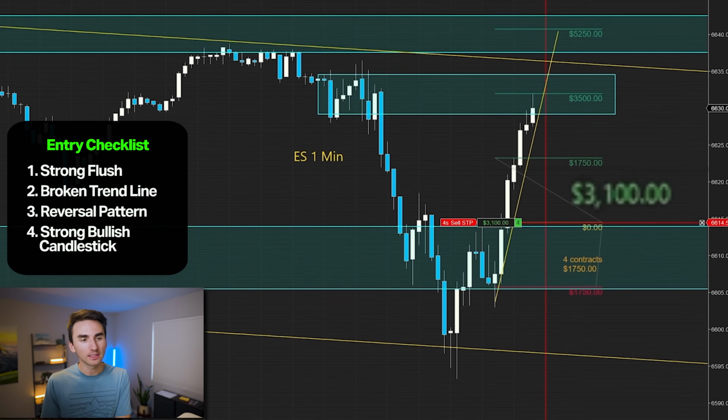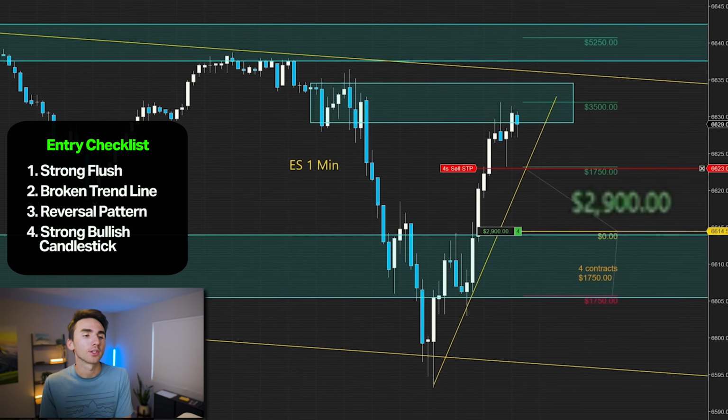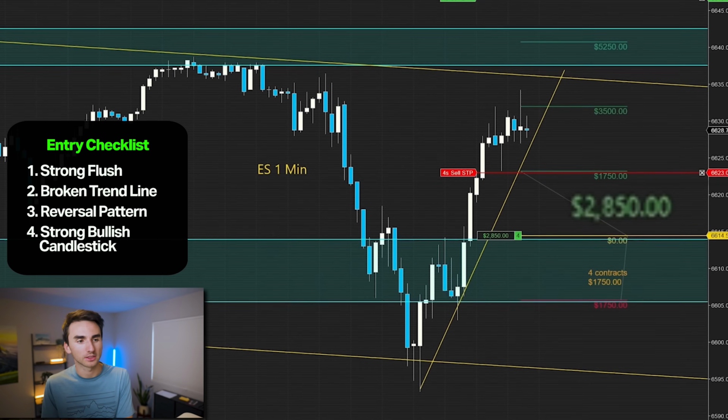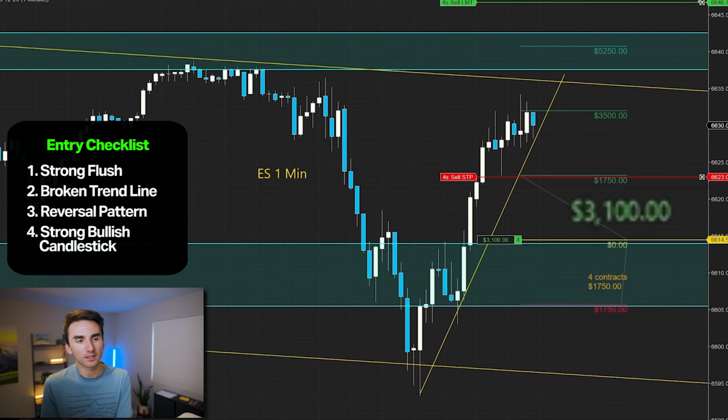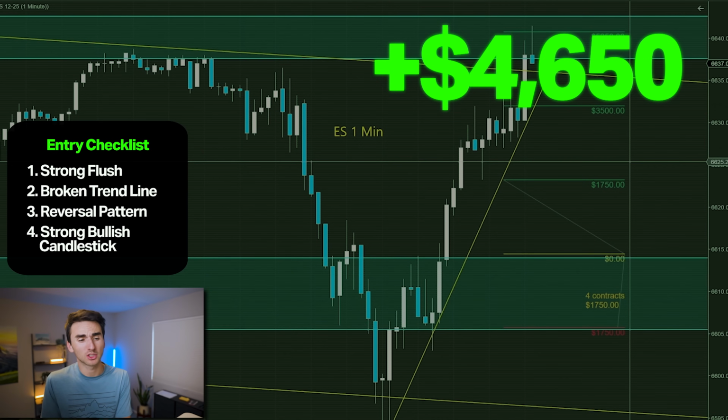And so ideally, at a minimum, I'm going for 2 times my risk, or even better is 3 times my risk. And so I slowly manage and target those rough areas. And as it gets up with this specific trade, I pretty much close out at 2.5 times my risk for a profit of a little over